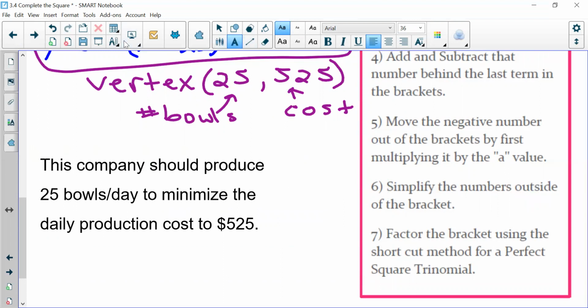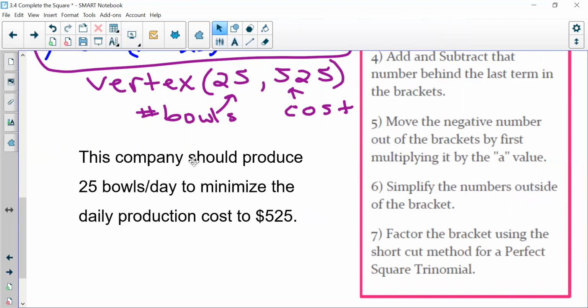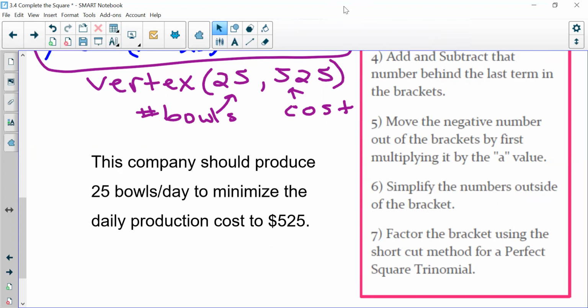So word problems in this unit will just rely on one of your skills that you already have. The hard part is then just interpreting